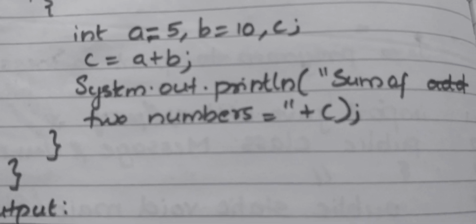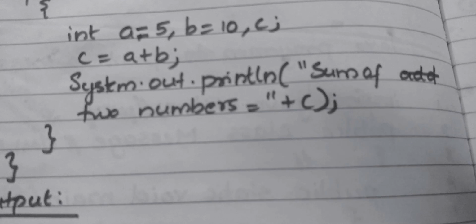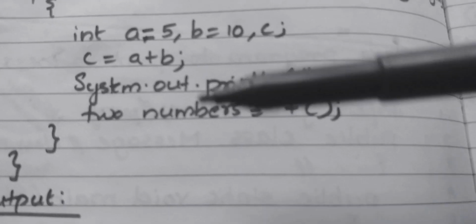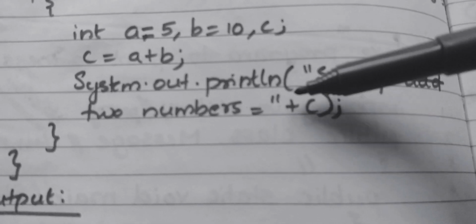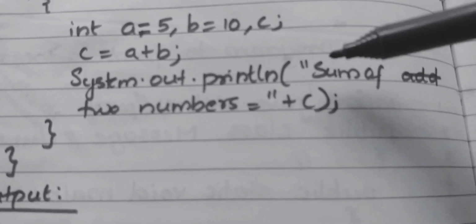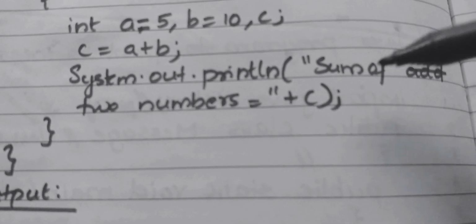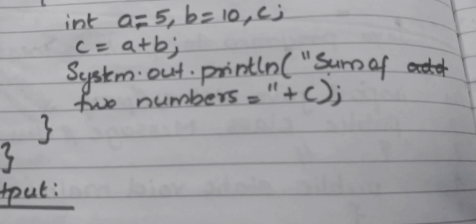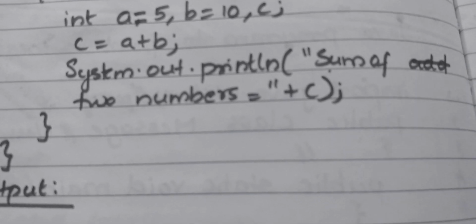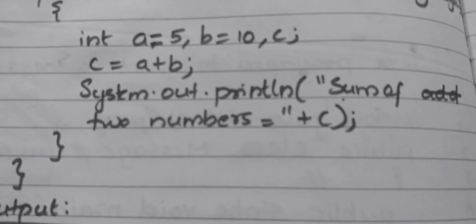So this is our termination statement. What is the next thing? We want to print that message, isn't it? We want the net result. For printing, we use the statement System.out.println and give a bracket. Messages should be given inside double quotes. Give the message inside the double quotes, that is, sum of the two numbers. You can give anything, like result of the two numbers, addition of two numbers.